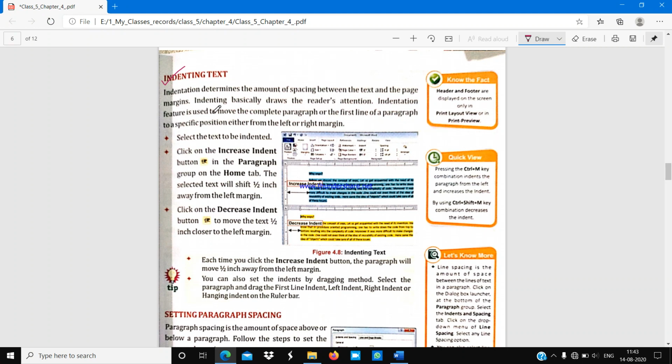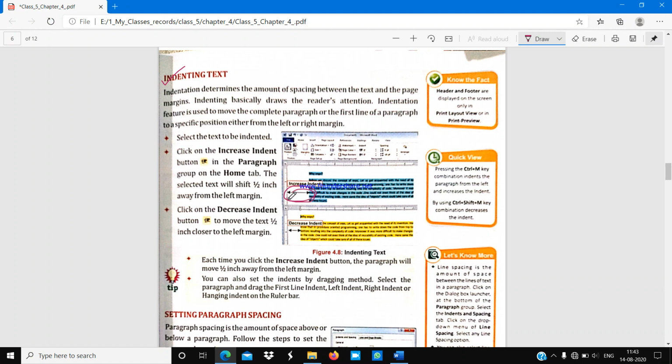Indenting basically draws the reader's attention. You can notice from your book, page number 41, figure number 4.8, indenting text.